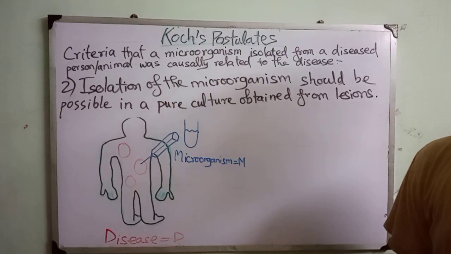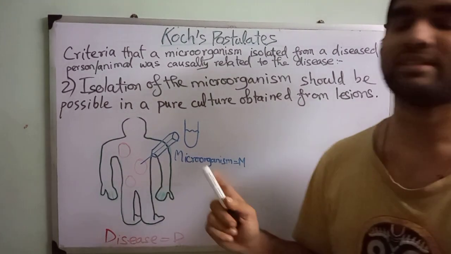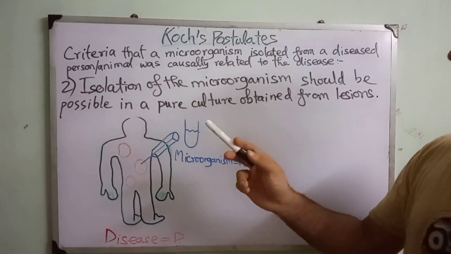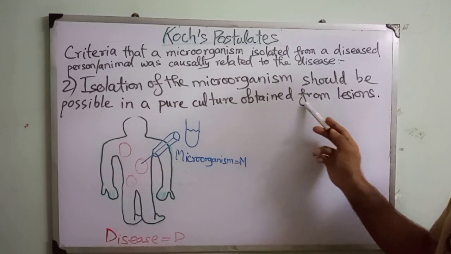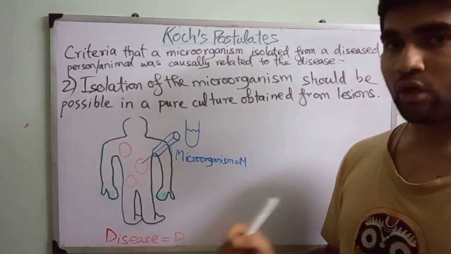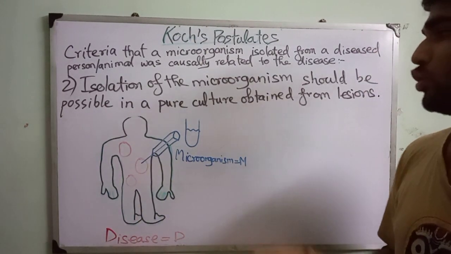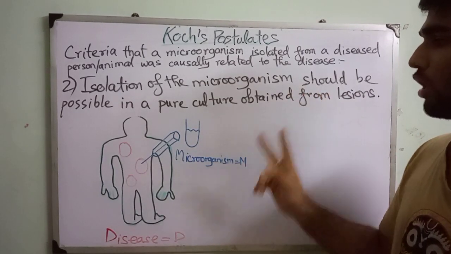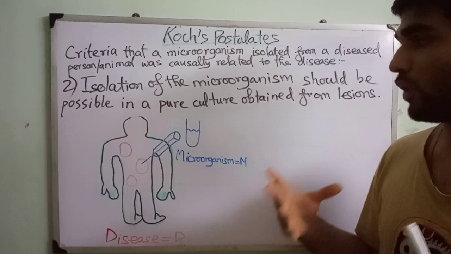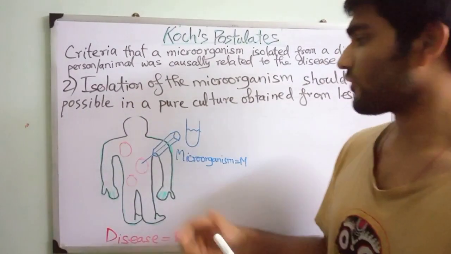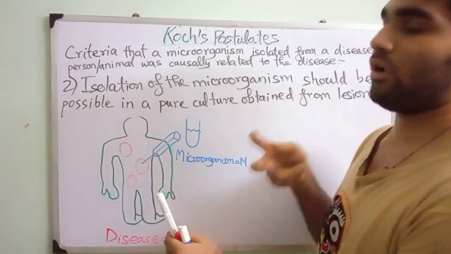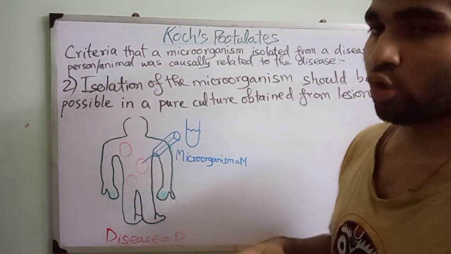Koch's second postulate was that the isolation of the microorganism should be possible in a pure culture obtained from the lesions. So what should happen to prove that the microorganism is related to the disease? What should happen is that when we do the fine needle aspiration from the lesion and grow the